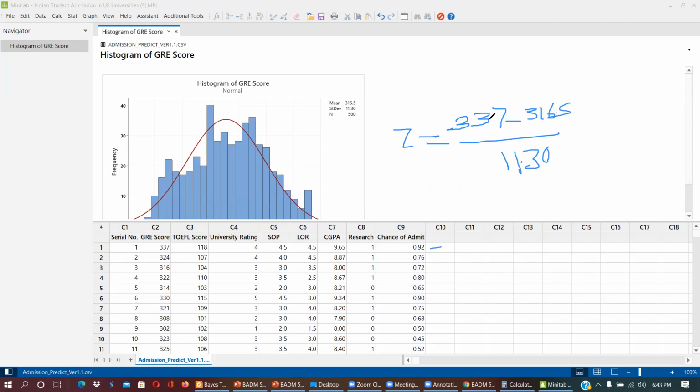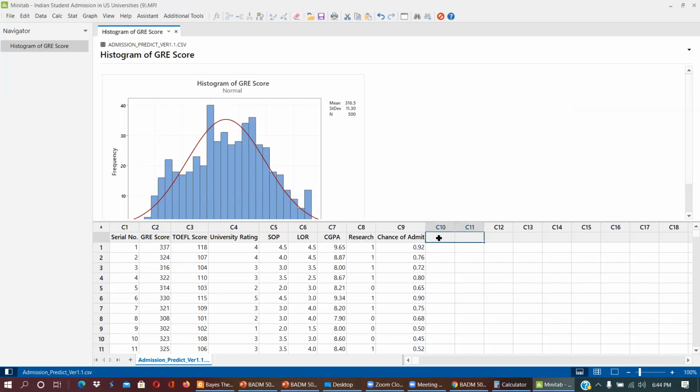And since this is a bigger value than the mean, this will be a positive value. Suppose this is something like 314, which is less than 316, this will be a negative value. Now let me compute the standardized value of anything. I just put here, I'm going to get the standardized value